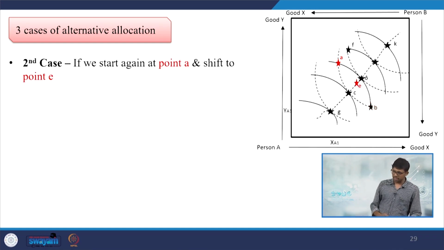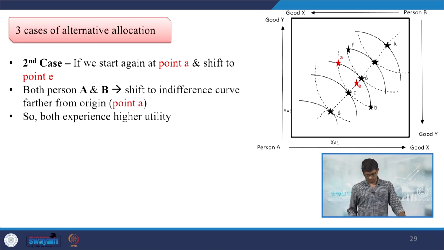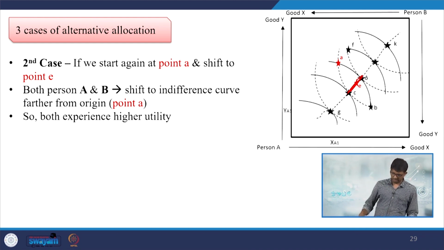In the egalitarian case, usually anything between the two parties is considered to be divided equally. So, in the second case, we start again from point A and shift it to point E at the center, and that is usually discussed as the contract curve. It's also called ridge lines, and the center one is called the contract curve, and we will be emphasizing once